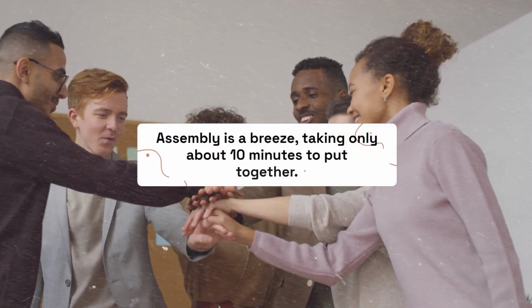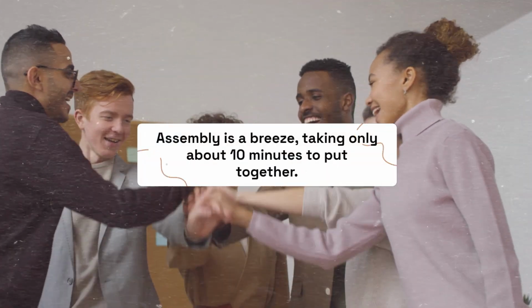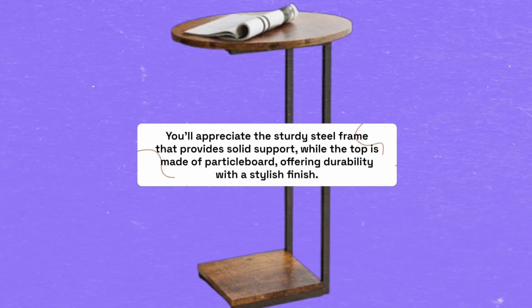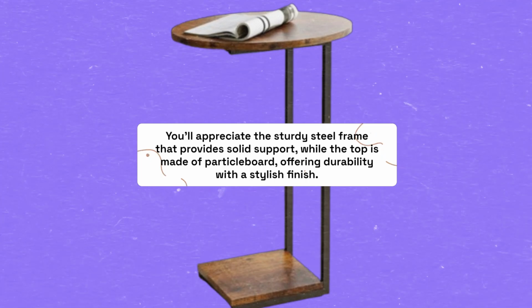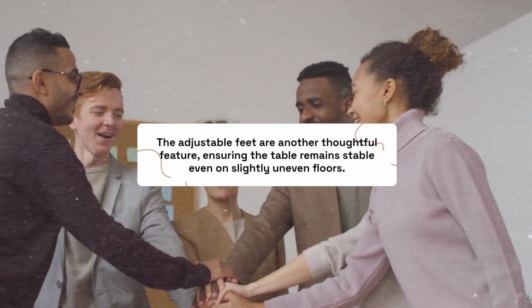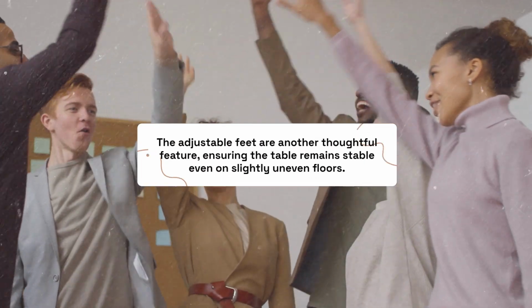Assembly is a breeze, taking only about 10 minutes to put together. You'll appreciate the sturdy steel frame that provides solid support, while the top is made of particle board, offering durability with a stylish finish. The adjustable feet are another thoughtful feature, ensuring the table remains stable even on slightly uneven